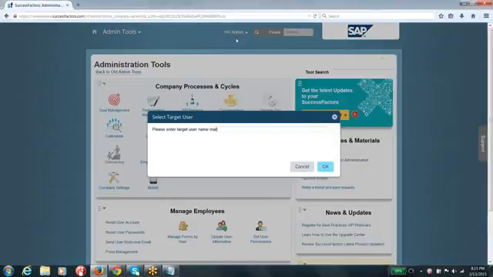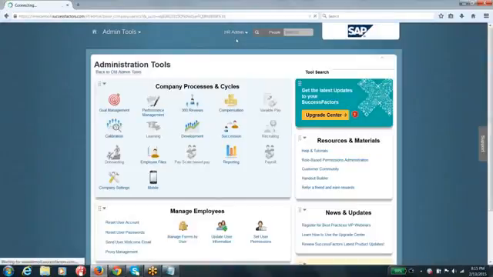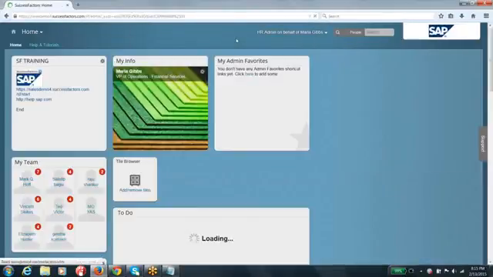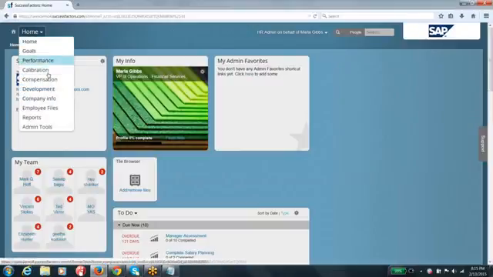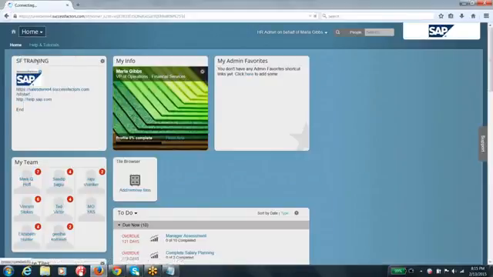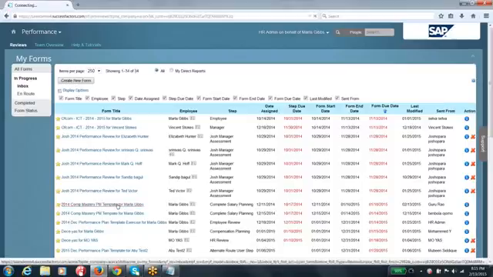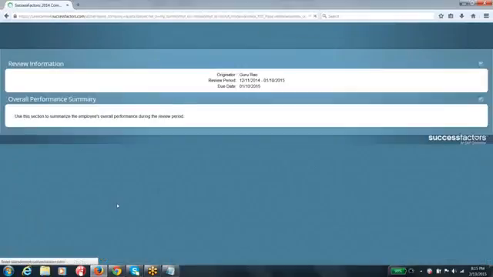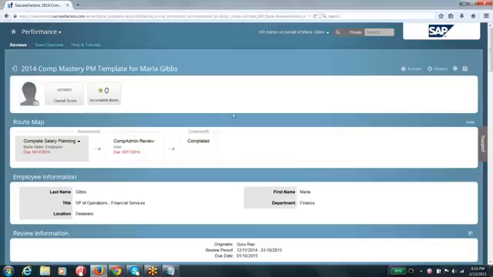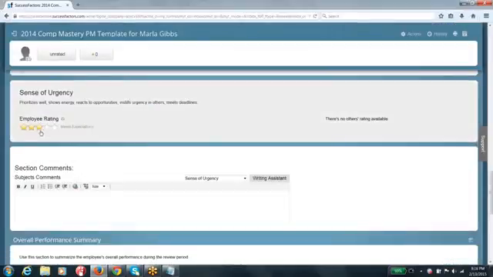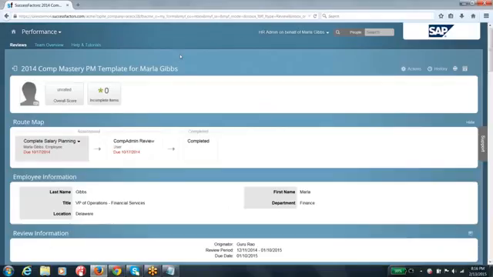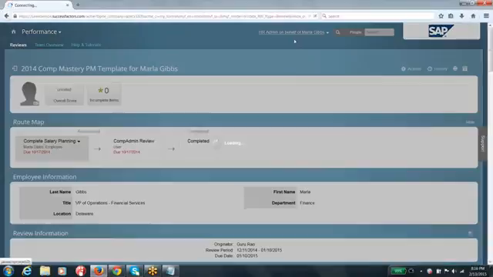So what I did is I went to the Marla Gibbs account, Nirmal, and I just opened a performance plan template that Marla Gibbs is currently working on, and I showed how your rating scale looks for an end user. So from an end user perspective, if you go to the performance management module of Marla Gibbs, open any of the forms that is pending with Marla Gibbs. Yeah, here, this is how I went here, and you can see here your ratings are being represented as stars here.